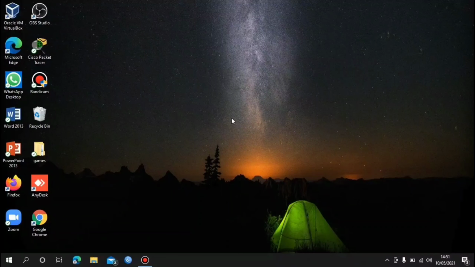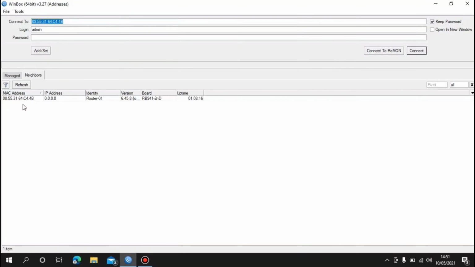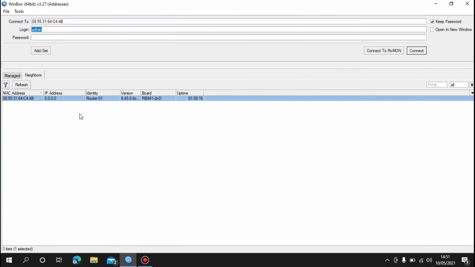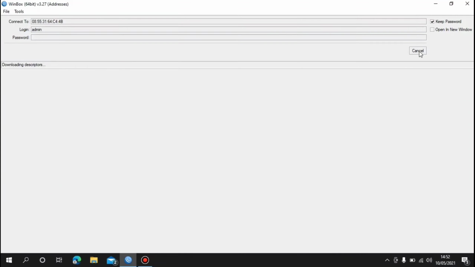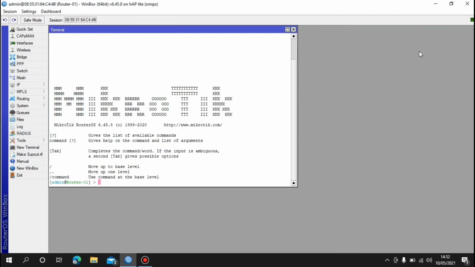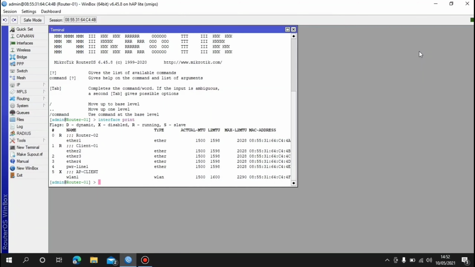Open Winbox to remote the router via MAC routing. Use the MAC address, and we can see the identity is router 1. Then connect. First we check the interfaces used with the command interface print, enter. We can see interface ether 1 connected to router 2 and interface ether 2 connected to client 1. And then interface wlan 1